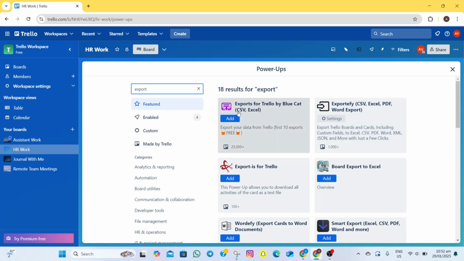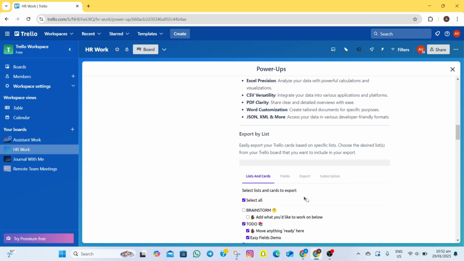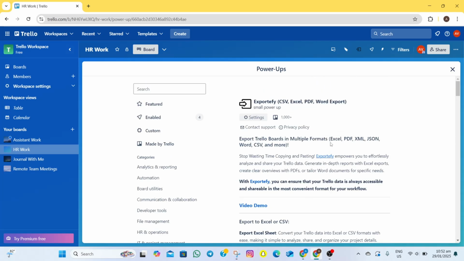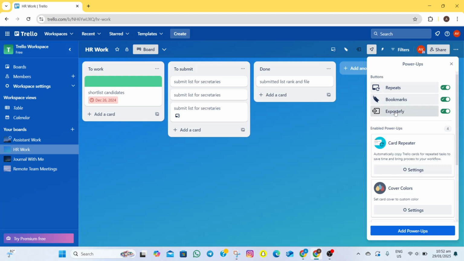Since I already have this Exportify, CSV, Excel, PDF, Word Export, all I need to do is to tap on this one. So in here, you will be given instructions on how to use the Power-Up. Once you do that, we'll just have to go back, and then in here, we'll have to tap again on this Power-Up icon, and then after that, we'll have to tap on this Exportify,